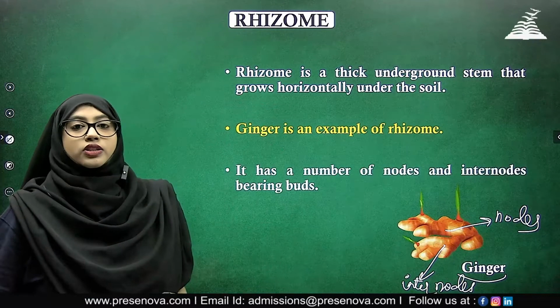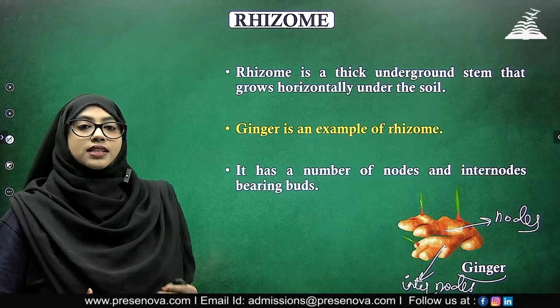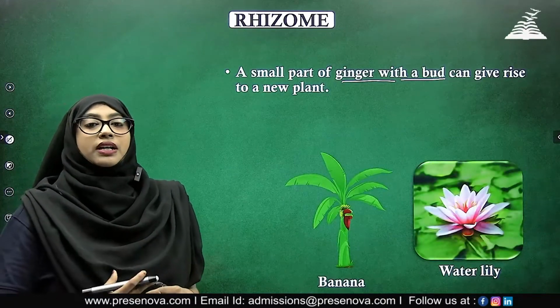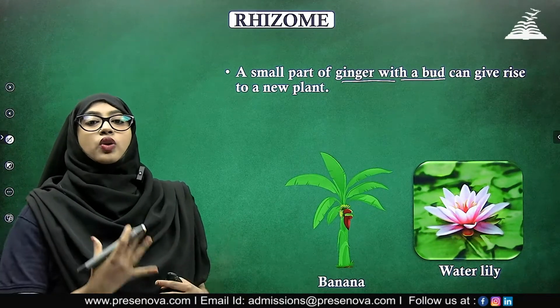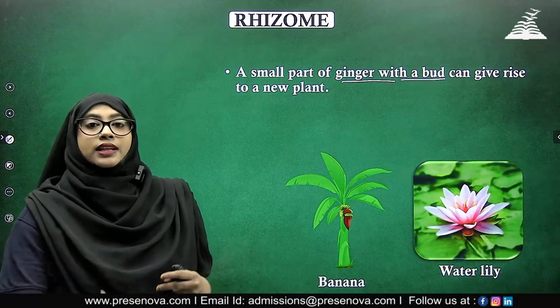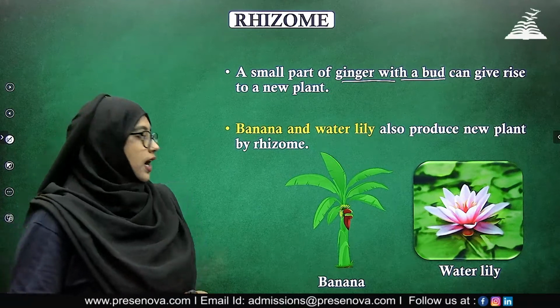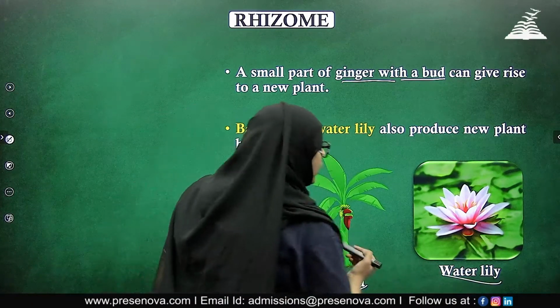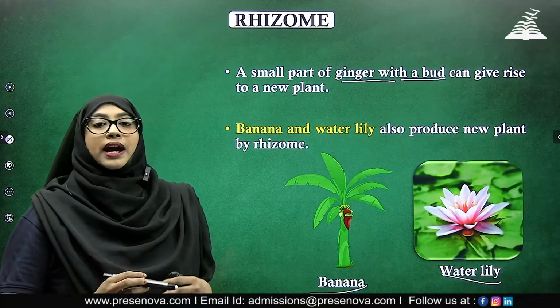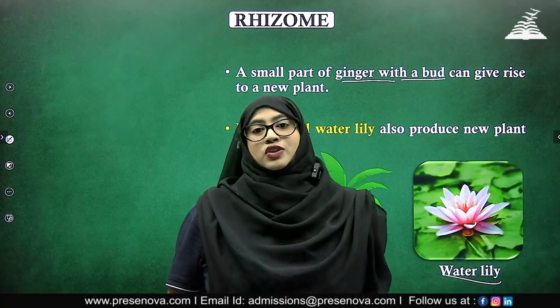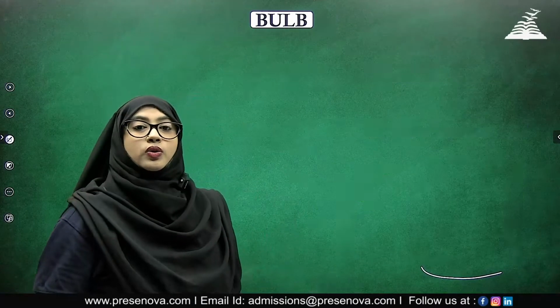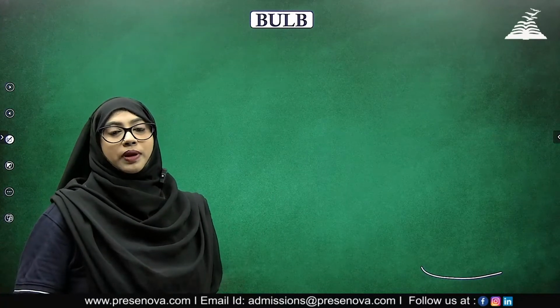So the nodes and internodes, which contain the buds inside them, under favorable conditions give rise to a new plant. And the other examples for rhizomes are banana and lily, which produce a new plant by the method of rhizome. So the next way by which an underground stem can be propagated into a new plant is